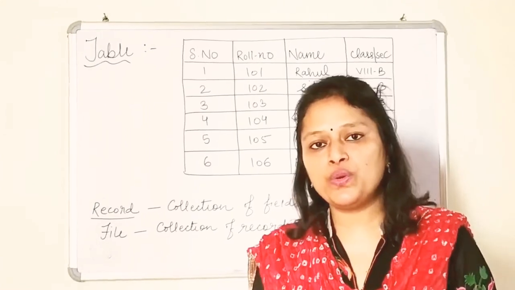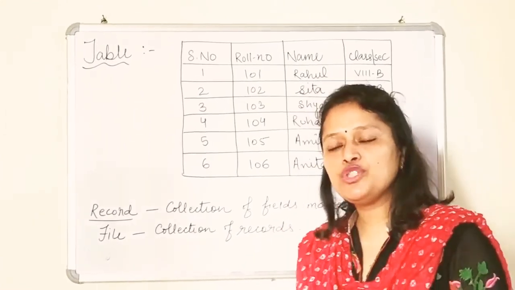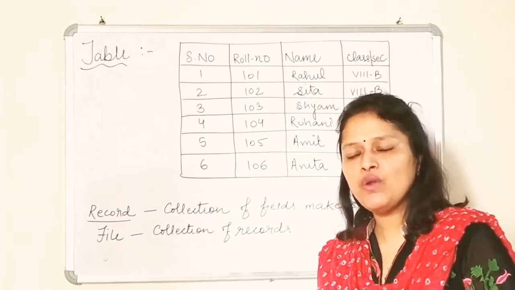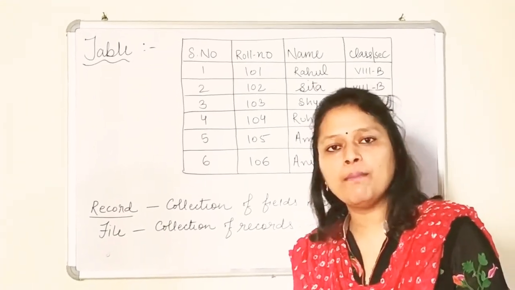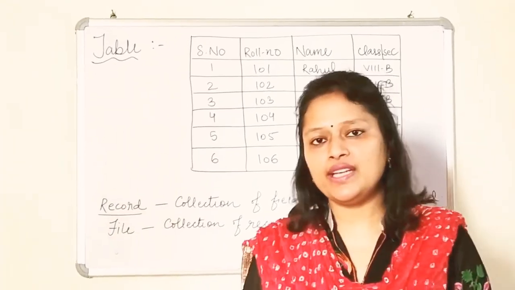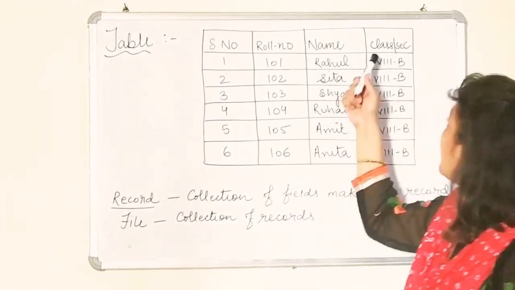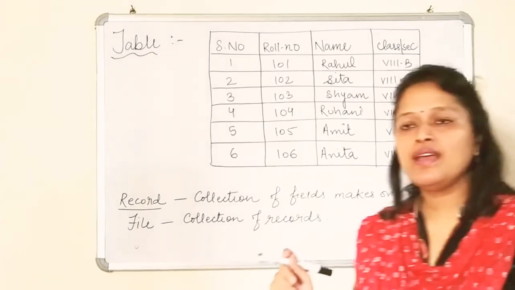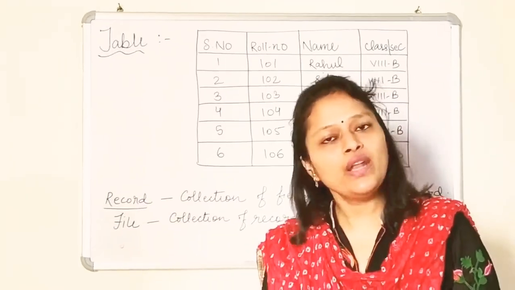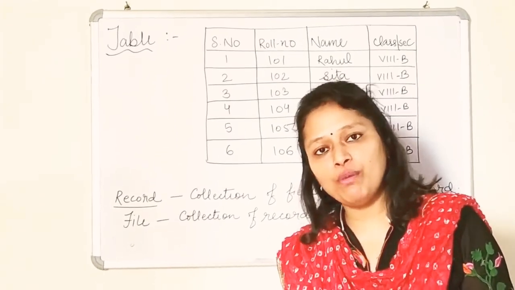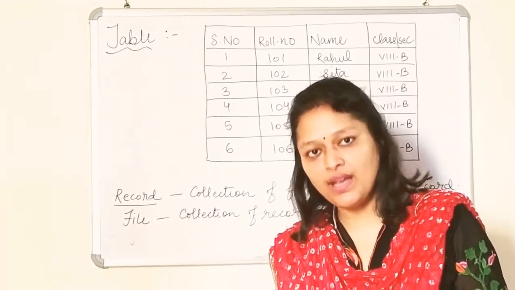Suppose I want to store the roll number. Now the field name should give the idea that you have stored the roll number in that field. I cannot select name. I cannot select number. It should give a clear idea of what kind of data you stored in that field. Okay. Now class section. If I say XYZ, I cannot select XYZ because it won't give any idea of what kind of information I have stored in this field.